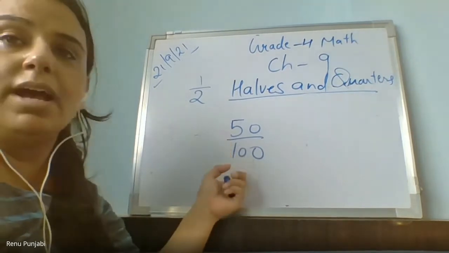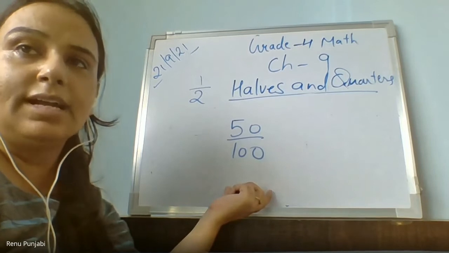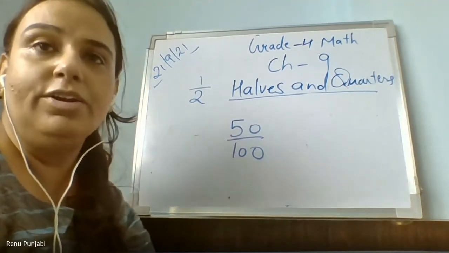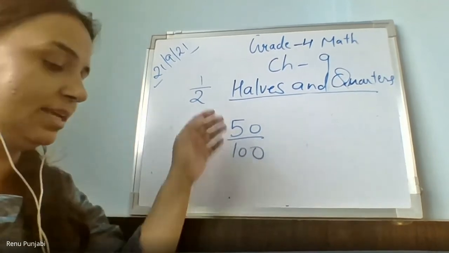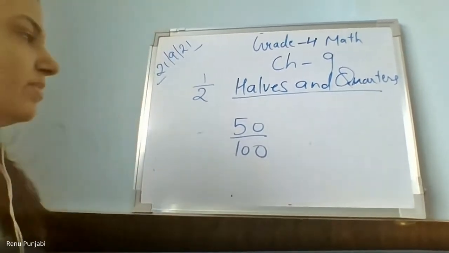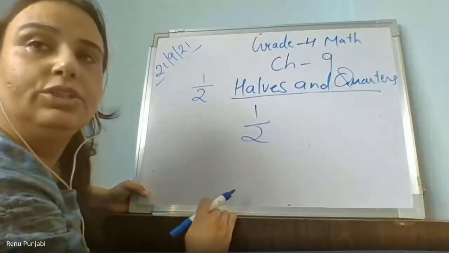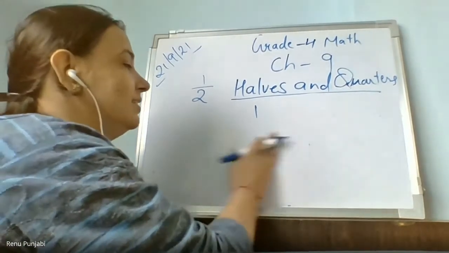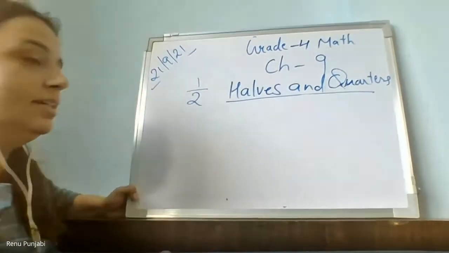When you see the marks you are getting 50 out of 100 means you got exactly 50% marks, because from 100 you're getting 50 marks. Just half marks of the total. And when there is a 2 marks question and ma'am gives you 1 mark, 1 mark out of 2 marks is yours. It is like this. That is the reason we are learning the fraction so that you can understand this.